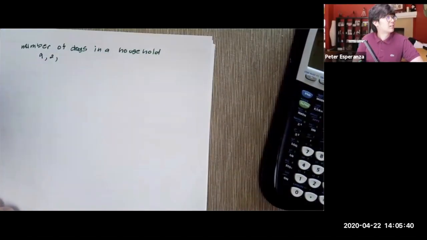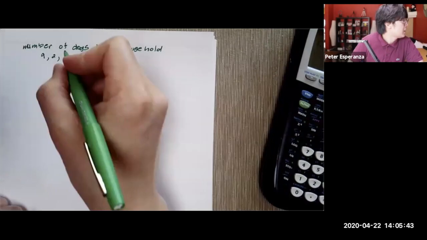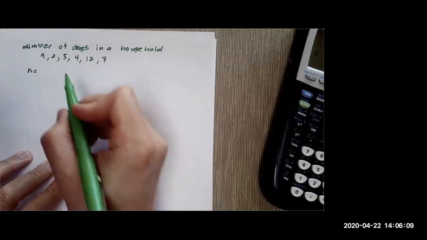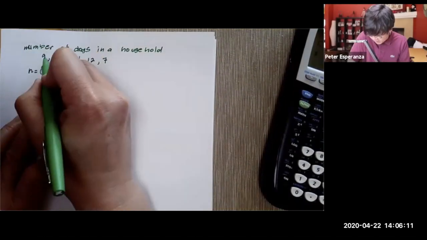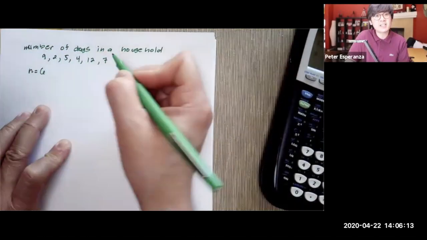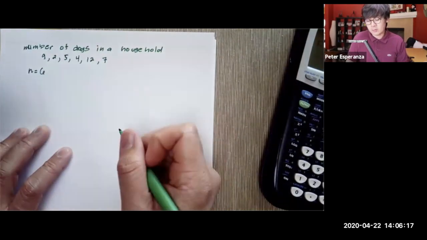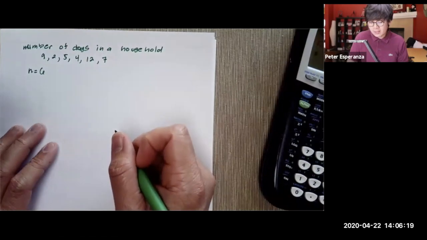Can you please tell me what the value of n in our problem is? 6. Because there's 1, 2, 3, 4, 5, 6 data sets or 6 surveys in this problem. Now, let's compute for the